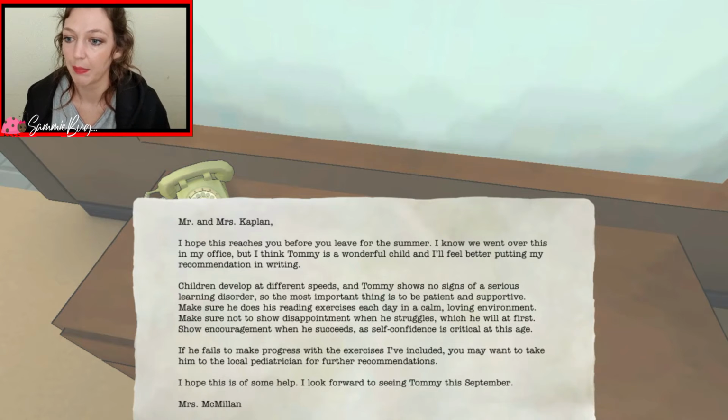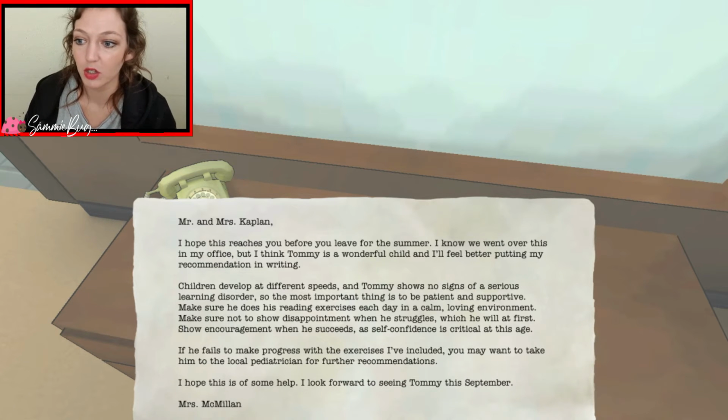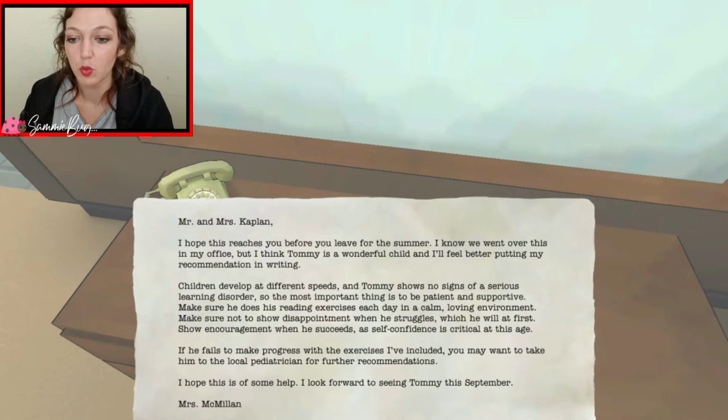Mr. and Mrs. Kaplan, I hope this reaches you before you leave for the summer. I know we went over this in my office, but I think Tommy is a wonderful child and I'll feel better putting my recommendation in writing. Children develop at different speeds, and Tommy shows no sign of serious learning disorder, so the most important thing is to be patient and supportive. Make sure he does his reading exercise each day in a calm, loving environment.